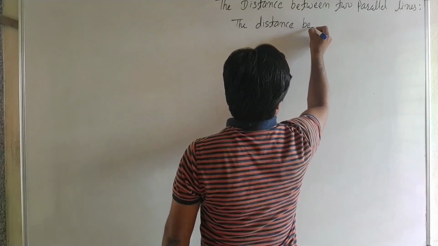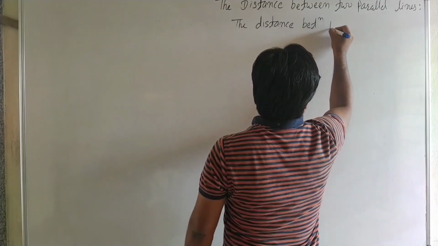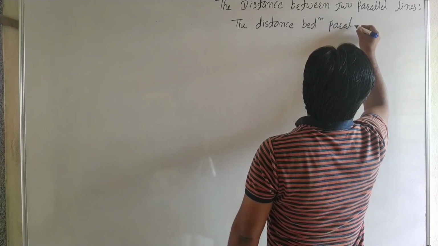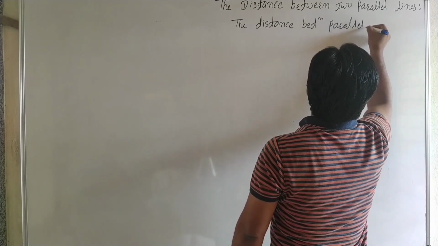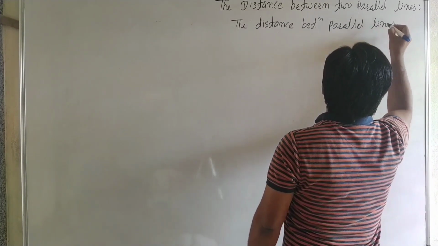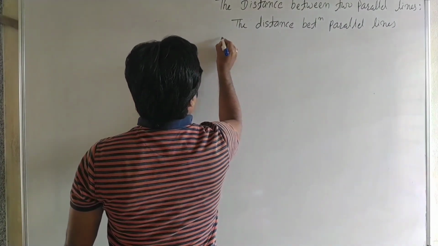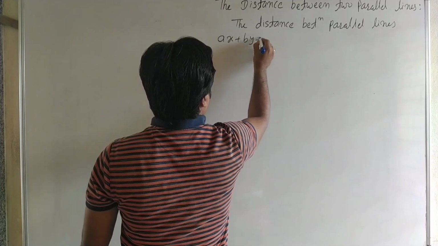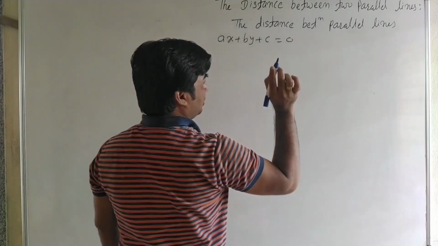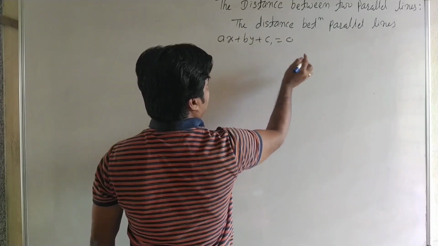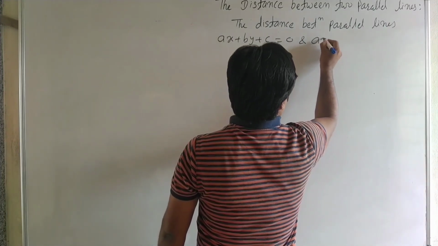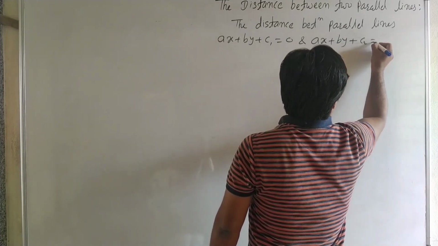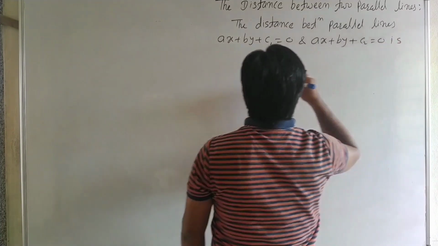Between parallel lines. It is ax plus by plus c is equal to 0. Here there are two parallel lines, therefore we take c1, and ax plus by plus c2 is equal to 0, is given by,